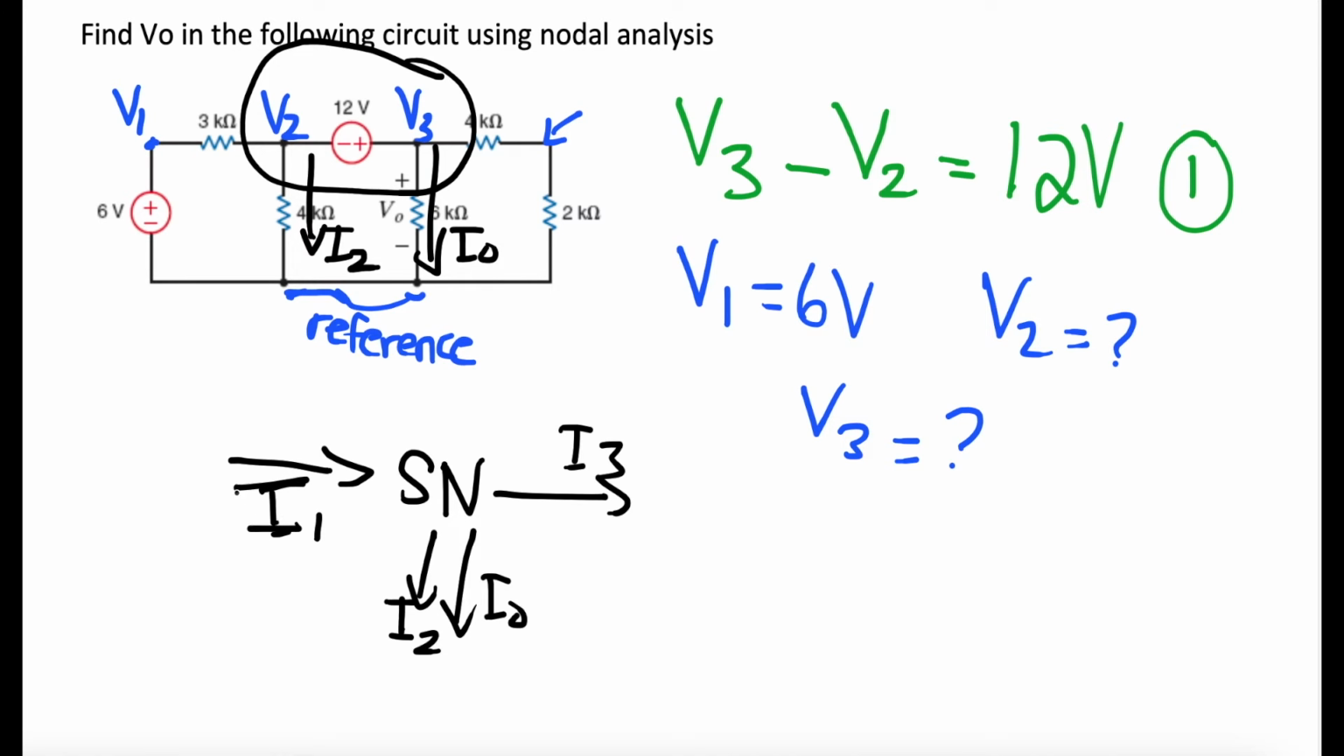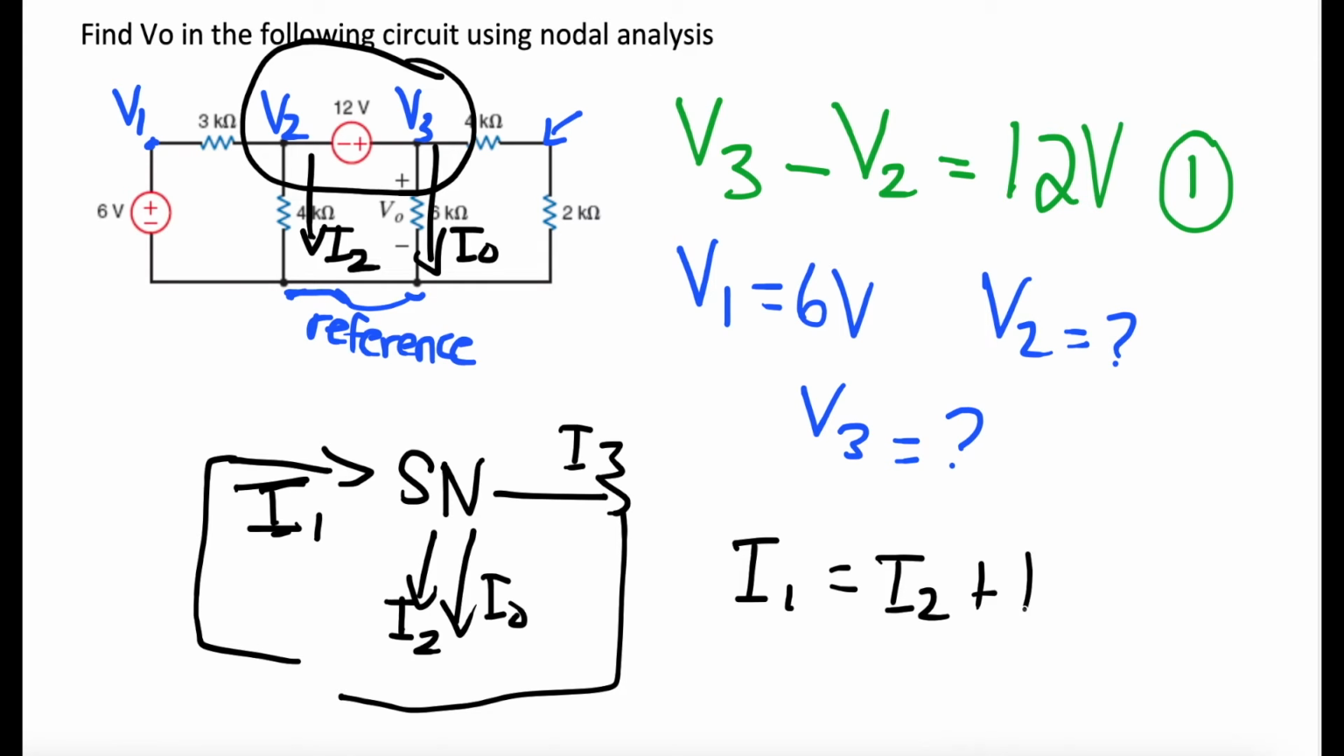So we know that current equals the summation of current is equal to 0. So the sum of the current going in has to equal the sum of the current going out. So essentially I1 is equal to I2 plus I0 plus I3, right? So I1 comes in, and I2, I0, and I3 are exiting the